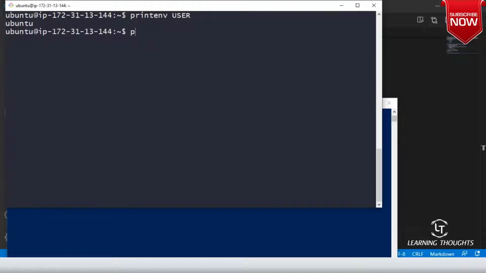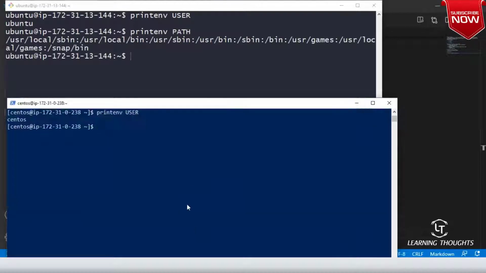So what is printenv trying to do? If you don't give any variable, it will try to print all. If you give a variable, it will print that particular variable's value. Is it evident or not?